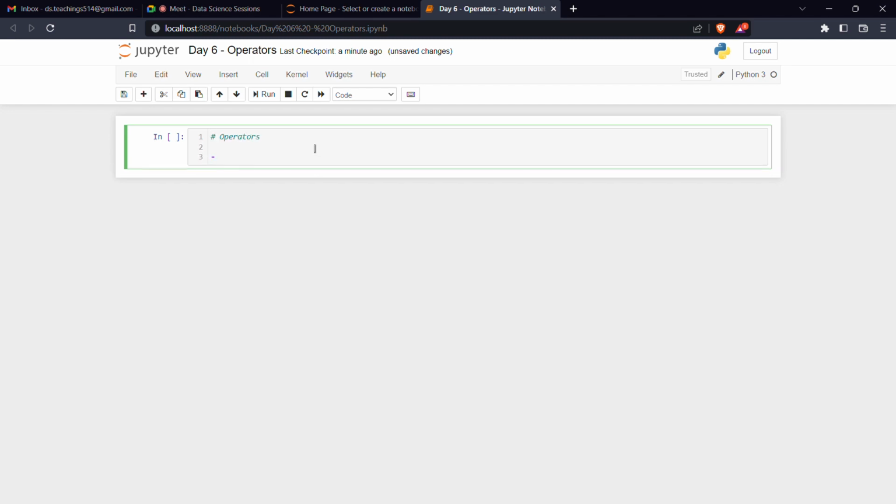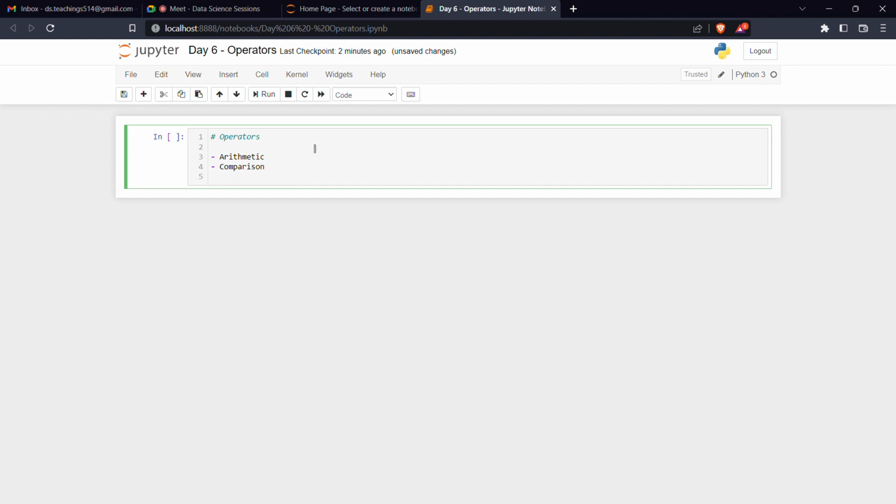we have arithmetic operators. These are common, right? So arithmetic operators, which is basically nothing but addition, subtraction, division, all that. And coming to the next one, comparison. Comparison operators are basically nothing but less than, greater than, like that. And next thing is assignment